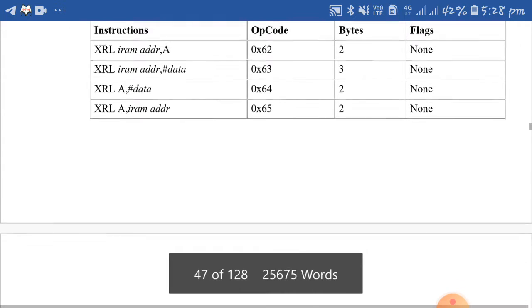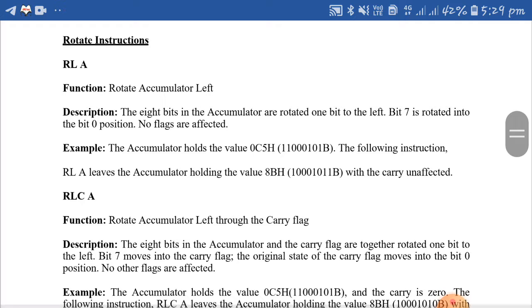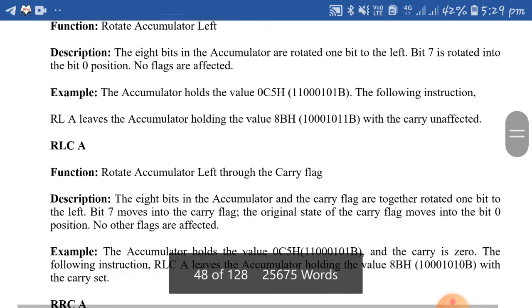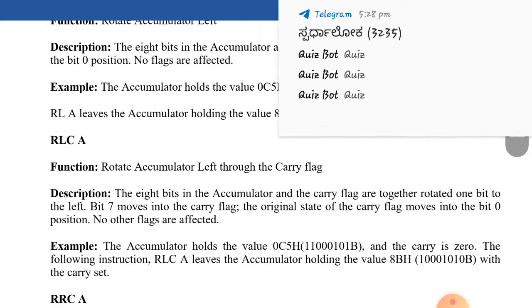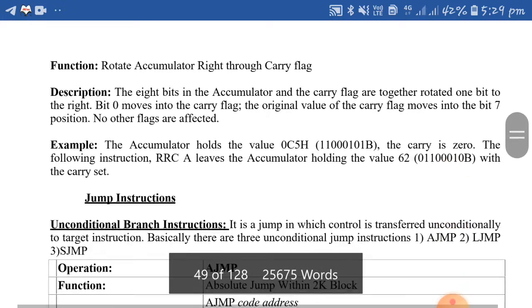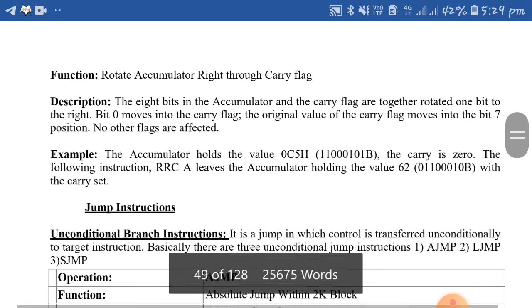I have listed them again in a table, so go through the table. Finally, you have rotate instructions. In rotate instructions you mainly have 4 types: rotate left, rotate left through carry, rotate right through carry, and rotate right. Like this, you have 4 instructions.